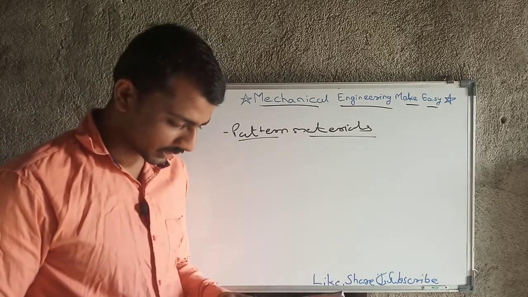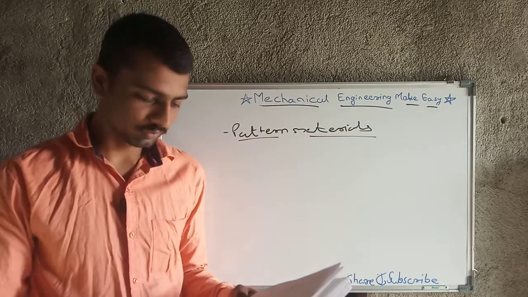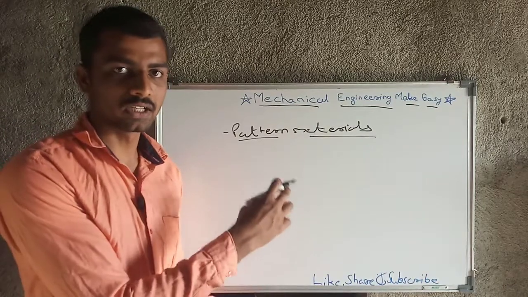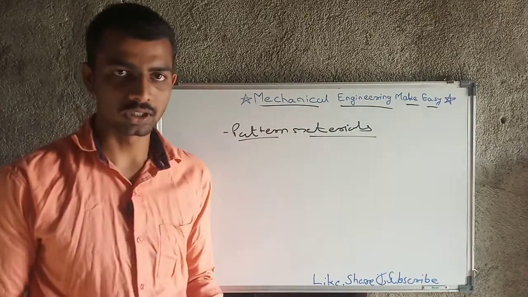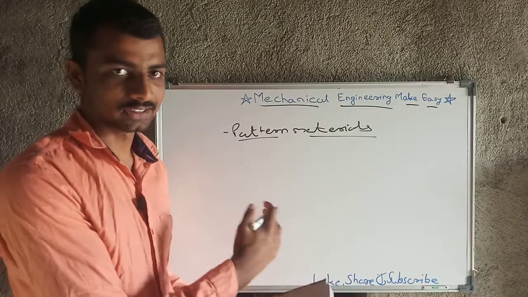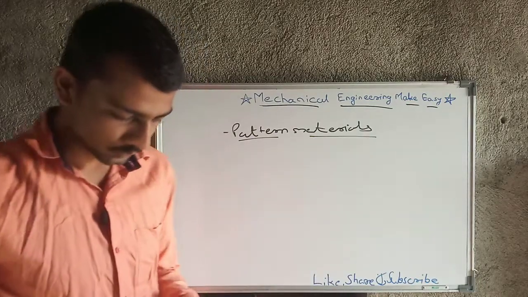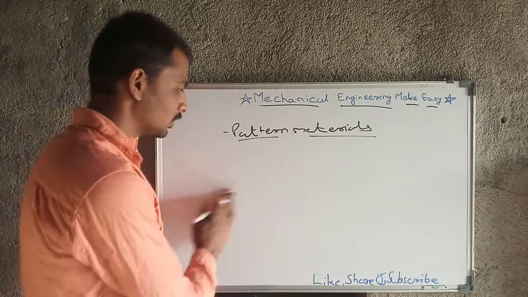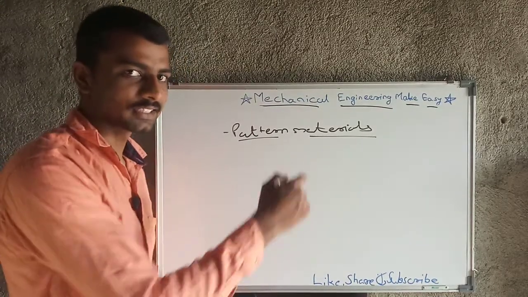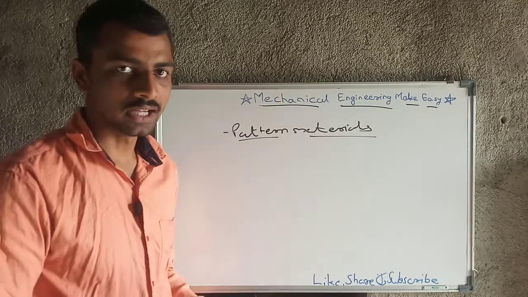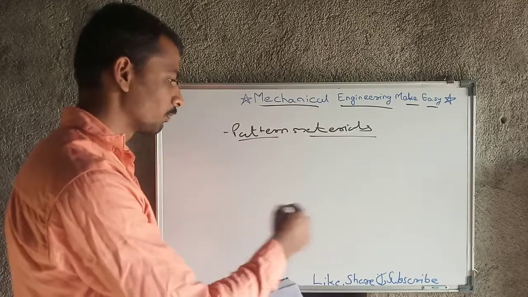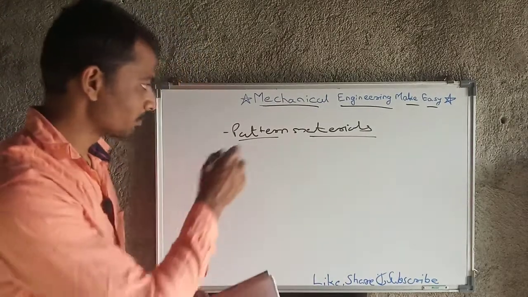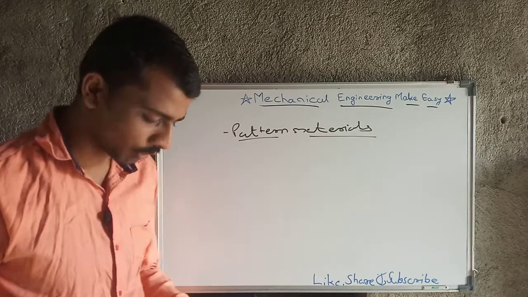Then next is the type of casting, that is sand or investment. In investment casting we use wax, and that wax will ultimately melt. That is one kind of casting, and sand casting is our regular casting. Then the next parameter is shape, size and complexity: how the shape appears, how large a component we have to manufacture, and if there are a number of complexities in the job, then the material will vary likewise. These are some pattern material factors that I wanted to discuss with you.